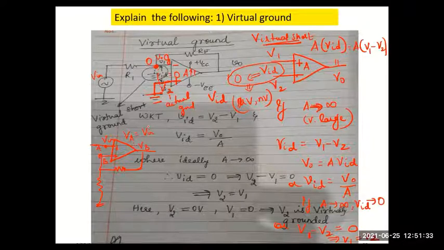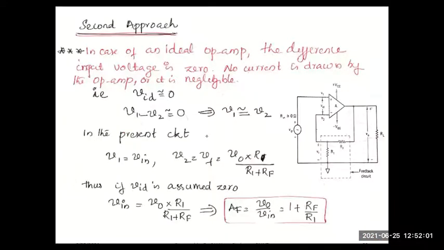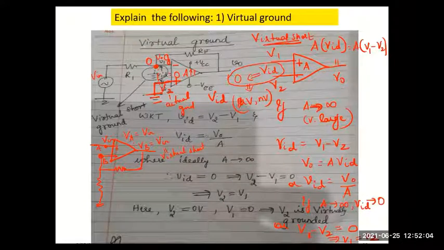Quickly, the same concept we are discussing. It's a concept of virtual short. See, this doesn't mean that only if one terminal is grounded, the other is at 0 potential. Similarly, if one terminal is at Vin, the other terminal voltage will also be at the same potential. This is using the principle of virtual short. So please remember, I can apply this concept of virtual short anywhere whenever I want simpler analysis of op-amp circuits. Any doubts with this?